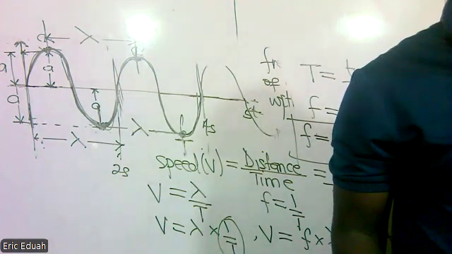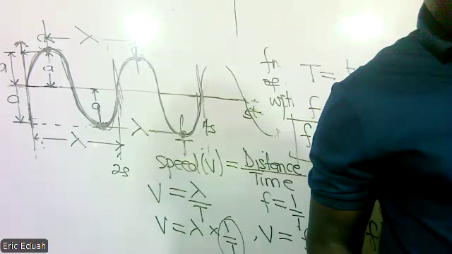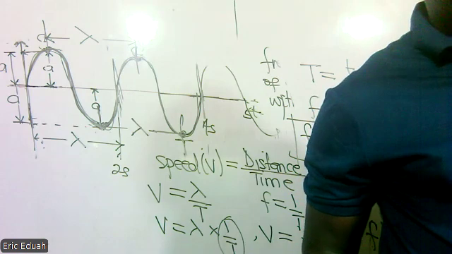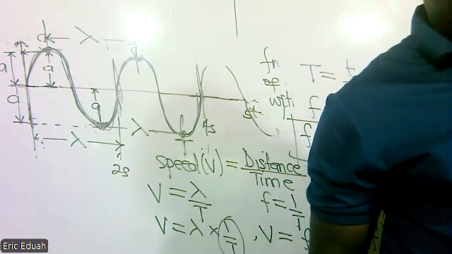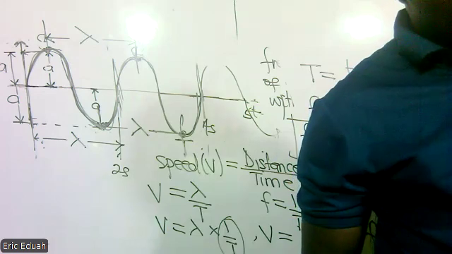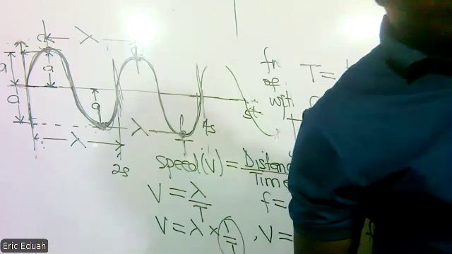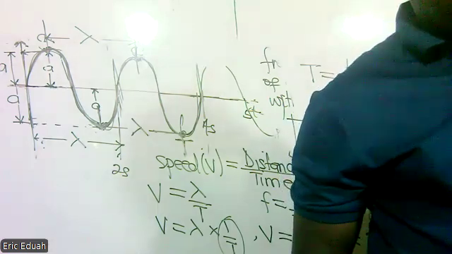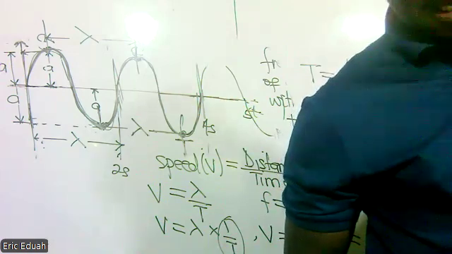Question 2, are you ready? Yes, sir. It takes 4 crests of waves to cross a given point in 1 second. If the distance between any 2 successive crests is 20 centimeter, calculate (i)